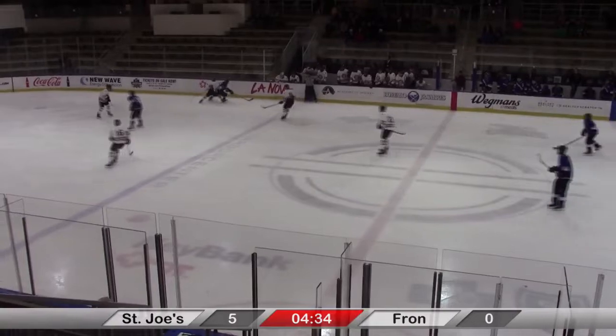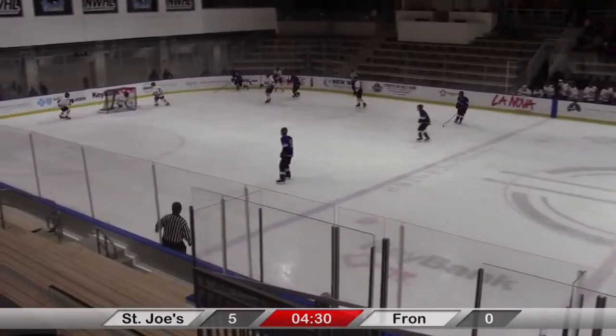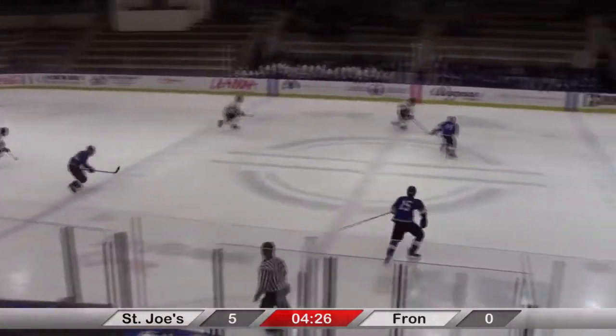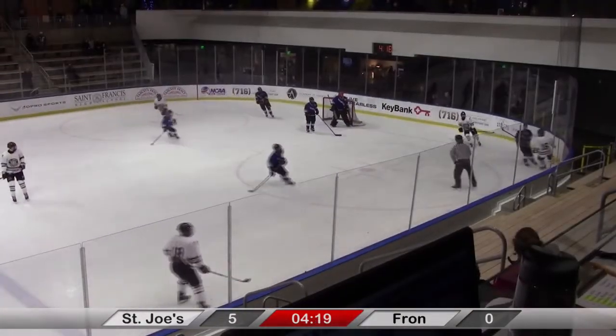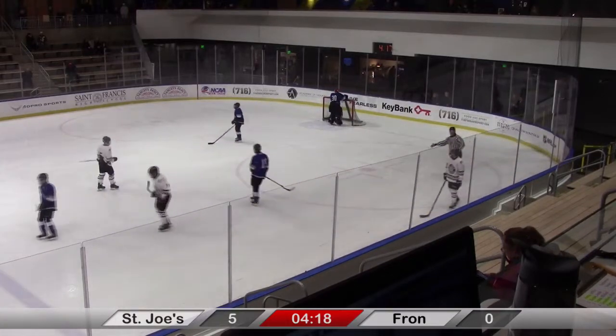And it looks like Frontier skates it out. Frontier dumps it into the corner now. Gets it behind the Joe's net, but Joe's retains possession. Joe's gets it to center ice. We have McKendry, we have Deacon. Deacon tries to take a shot, and it's blocked. It's going to go to the corner now, and it looks like it's dumped out, and face-off will come to